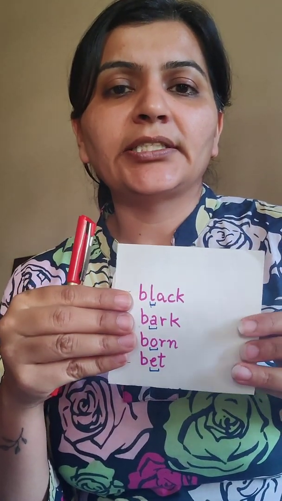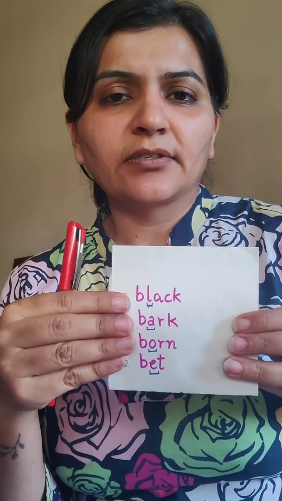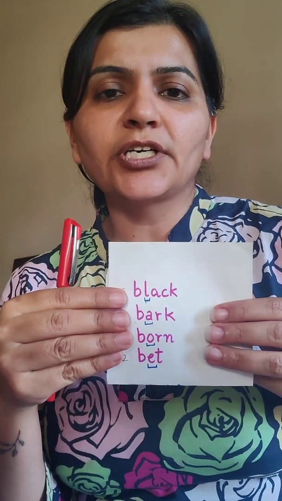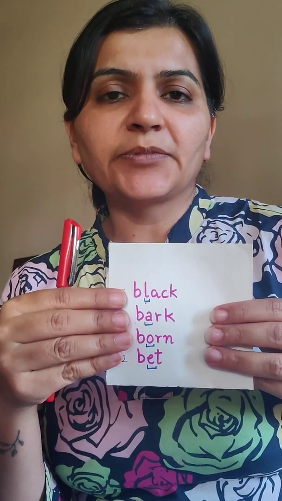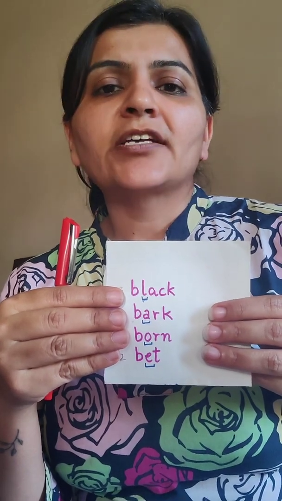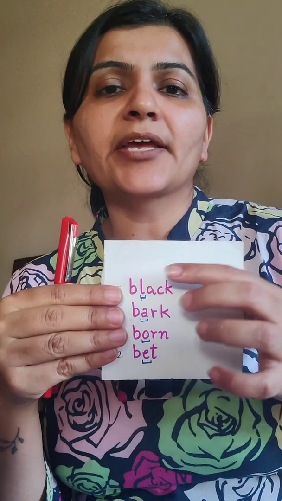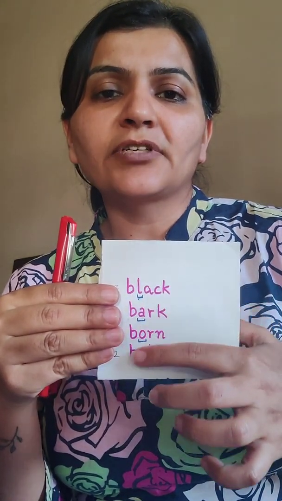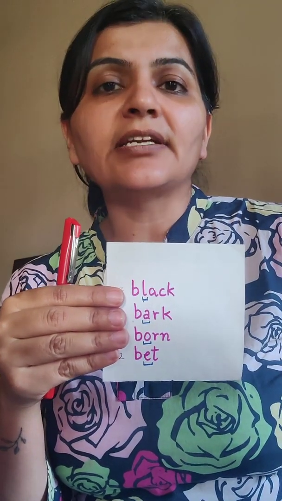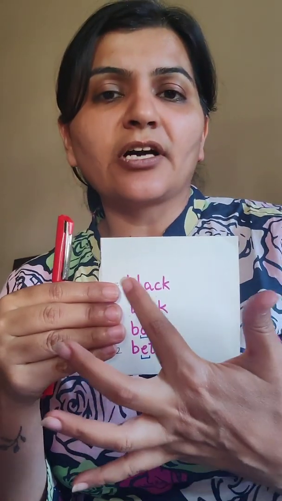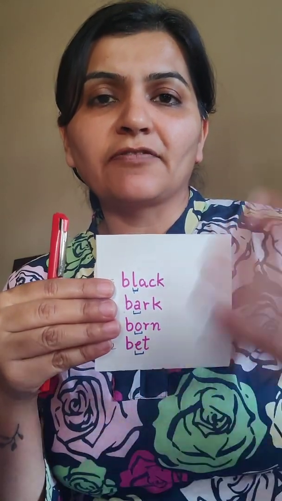But what if you have a word list with the first letter the same? For example, here I've given you a small one. If you can do it mentally, great. Otherwise, follow the same thing: pause the video, note down the words and put them in order. Here you can see I've already underlined the second letters. Why? Because all the words have the letter B as their first letter, so it is confusing. How do we set them according to the alphabets?